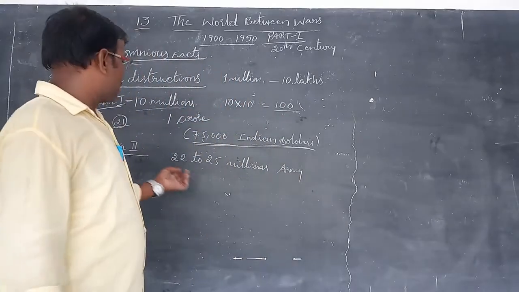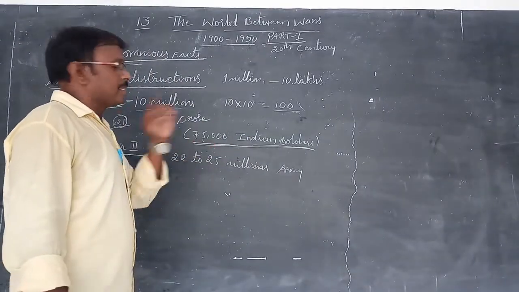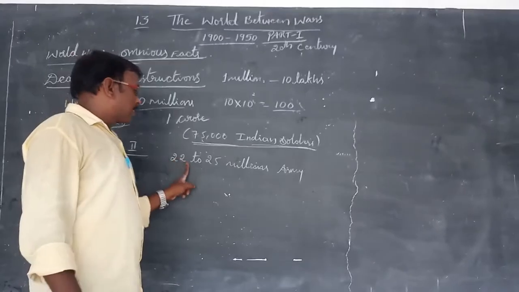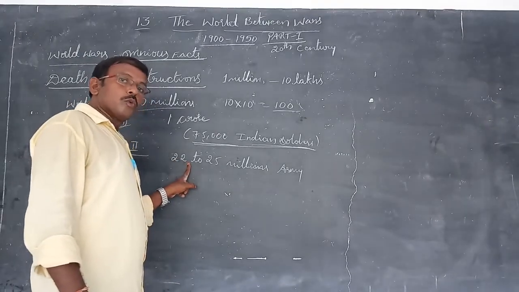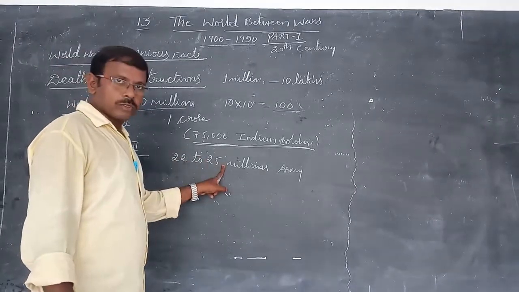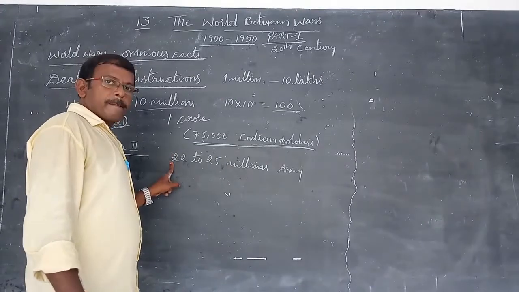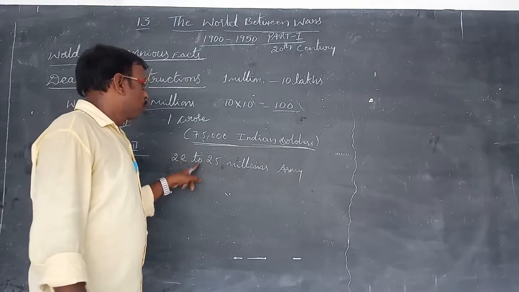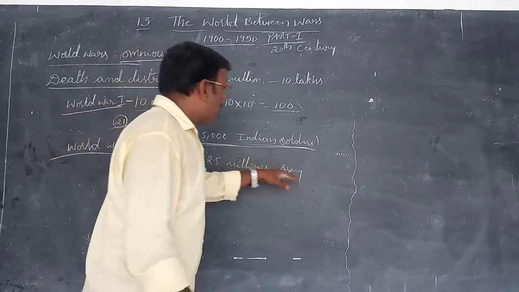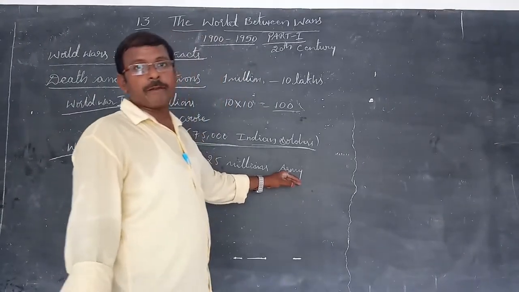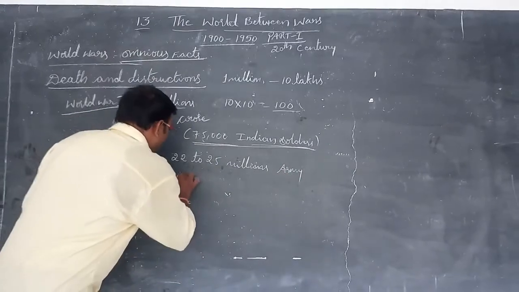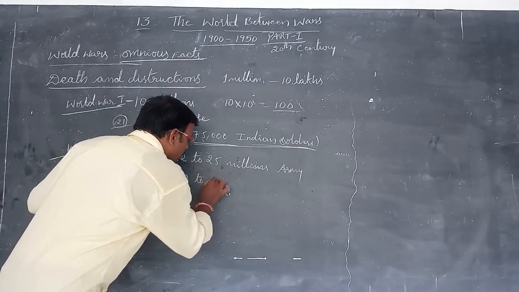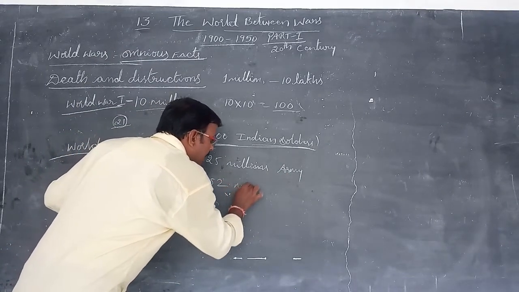They lost their lives, 22 to 25 millions, which means 2.2 crores to 2.5 crores. Understood? So 2 crores 20 lakhs to 2 crores 50 lakhs army people died, and 40 to 52 million